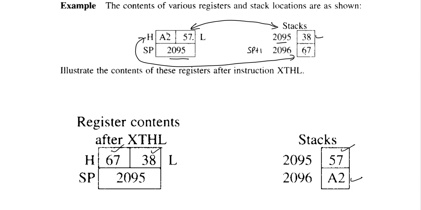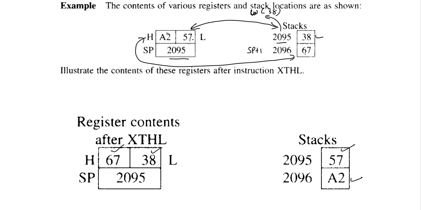Whenever we do an exchange, we require a temporary variable, because if we try to write 57 on this location, then this data will be lost. So before this, we have to save this data. What we will do is read this data and move it to an internal register of the processor, that is the W register. I already talked about these internal registers, W and Z. They are part of the microprocessor, but we cannot access them, so they are used for that purpose. It will move the 38 data to the W register, so it is saved here.